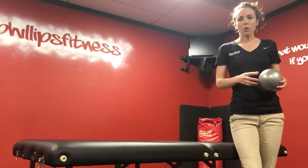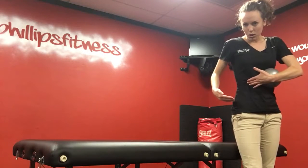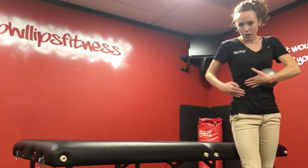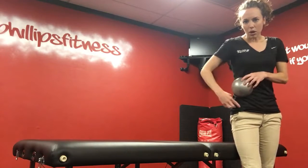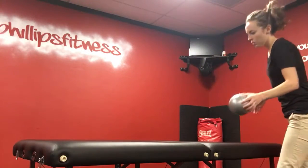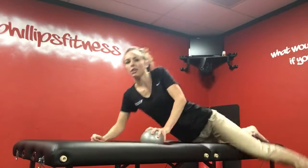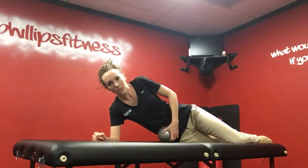So we're gonna start with the top portion of the iliopsoas. So basically between your ribs and your hip bone, you're gonna start right below your ribs in the soft tissue, but still above your hip bone. Mine's right here, okay? So for this one, lay on your stomach, press the ball into that spot that's tight,